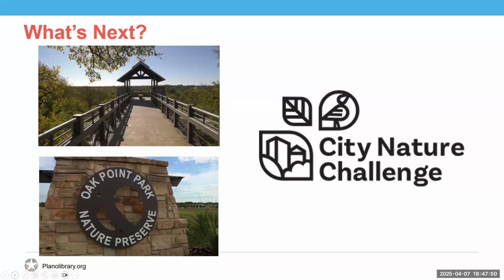So go out, make observations either in your backyard, at a Plano park. Plano has 85 parks and 98 miles of trails waiting to be explored. You can make them anywhere. I make them in parking lots or here at work. There's a very pretty pink lady flower outside our door here at Davis that I have added to iNaturalist.